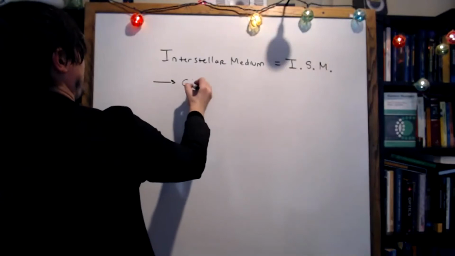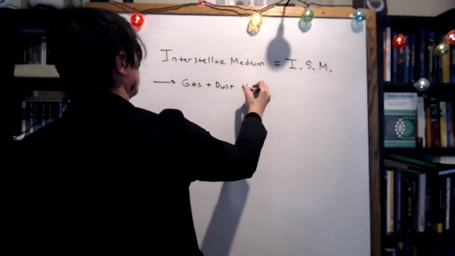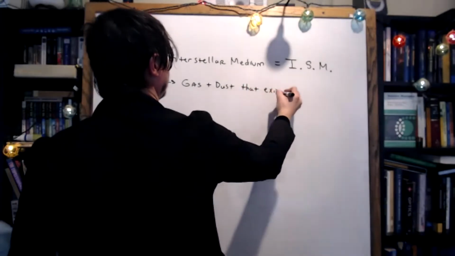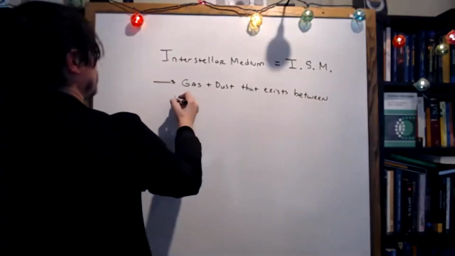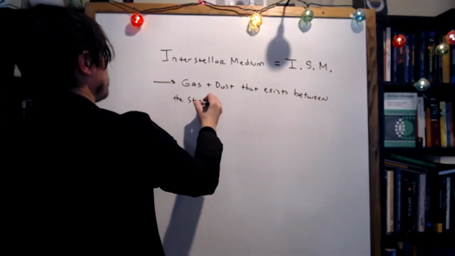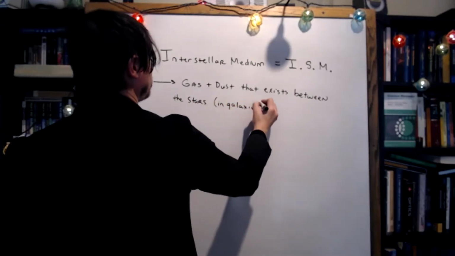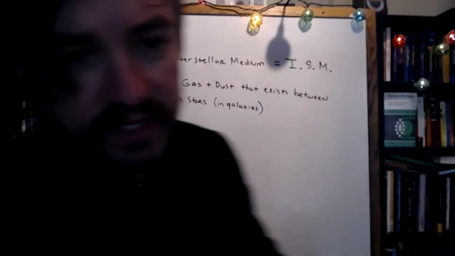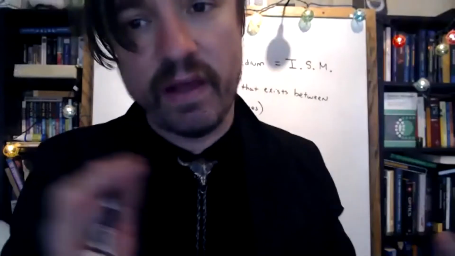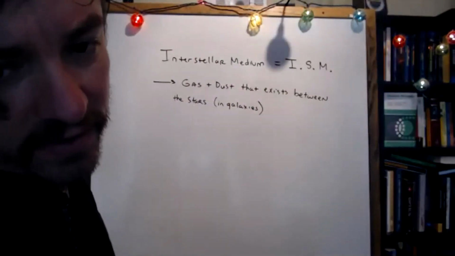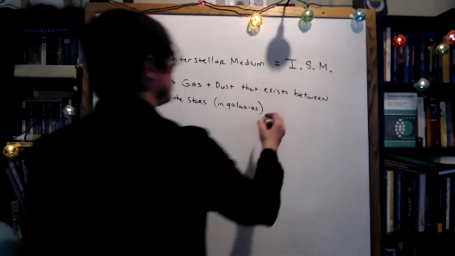And we can define it as the gas and dust that exists between the stars, almost always in galaxies. Most people believe that the density of matter in between galaxies is very, very low and hardly anything at all in comparison. So the gas and dust that exists between the stars and galaxies,